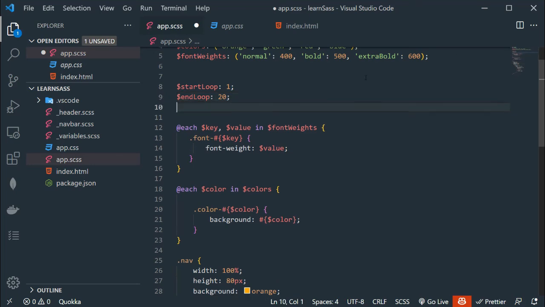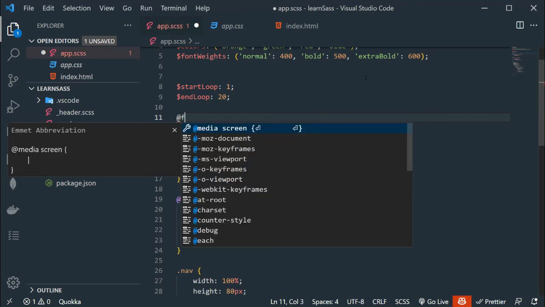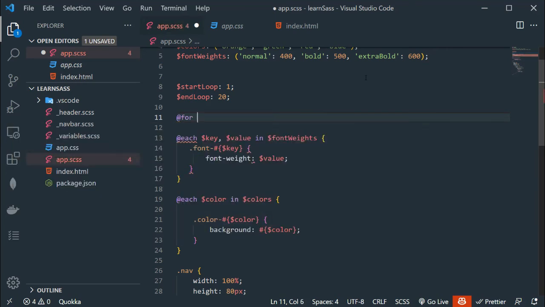And now we have to add @for keyword. After the for keyword, we have to add the iteration variable. So let's say $i. You can add $a, $b, $c, whatever you want, but in my case, $i. This variable will increment in each iteration.